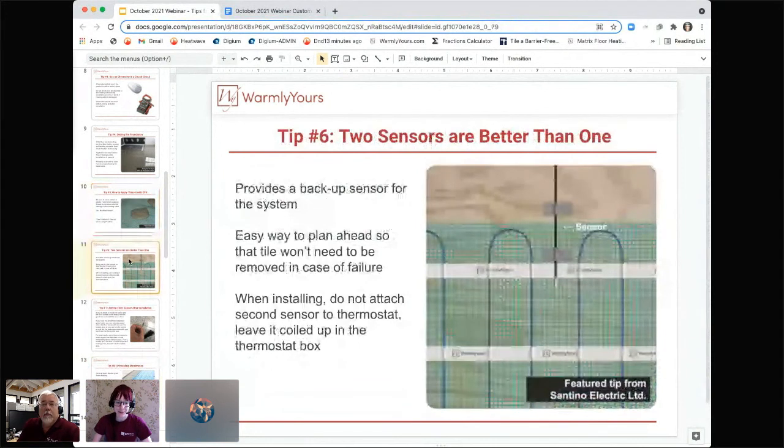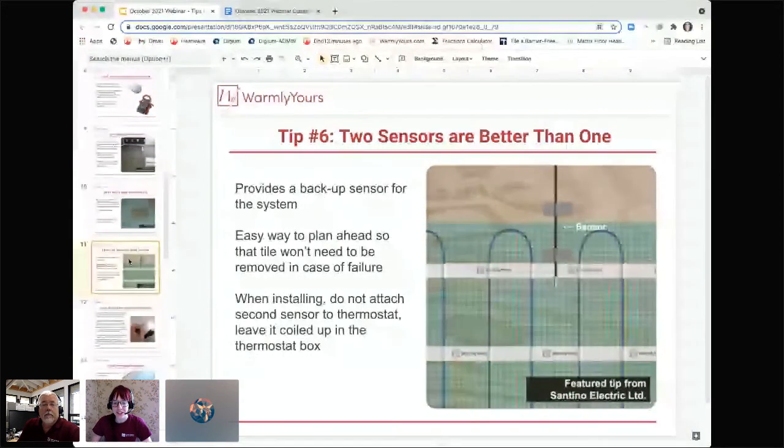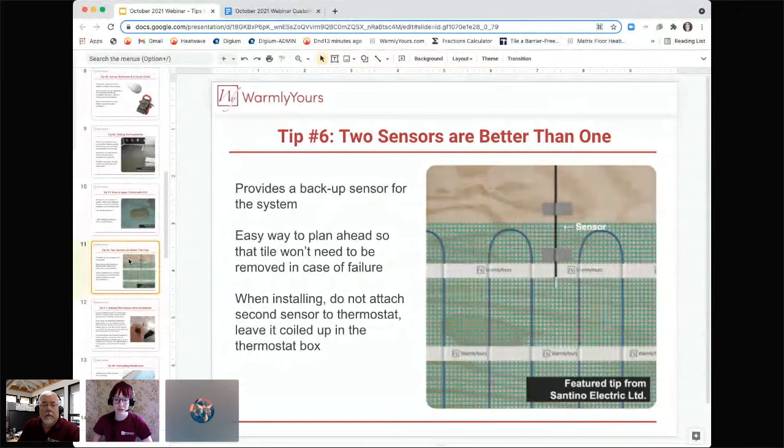So the next tip that we want to go over is from Santino Electric, and they are talking about how two sensors are better than one. Generally, all of our thermostats come with a floor sensor, and this is something you put into the floor, into the heat mat or in between some cables at the end of the installation, and this runs back to the thermostat. This lets you control the exact temperature of the floor to the degree,